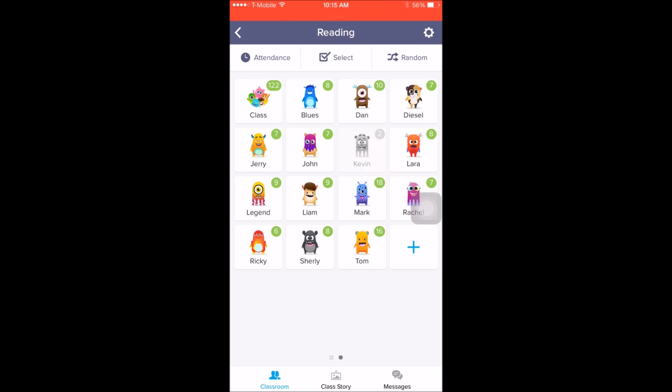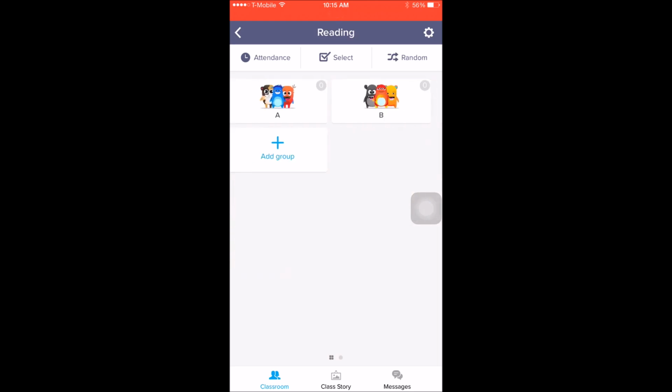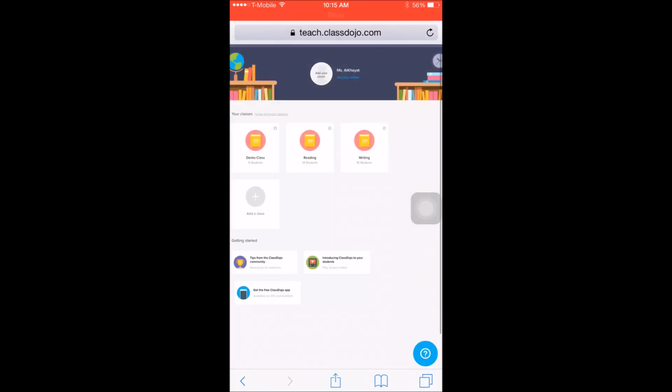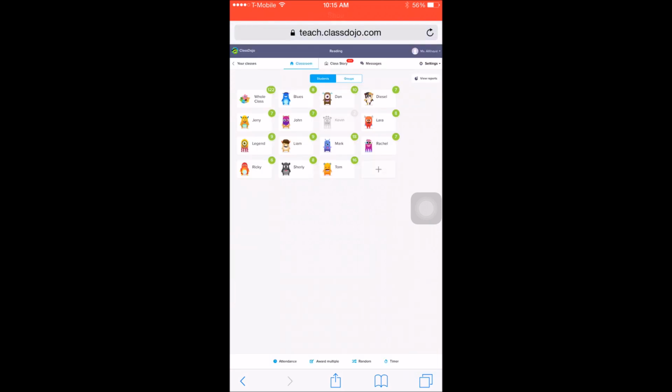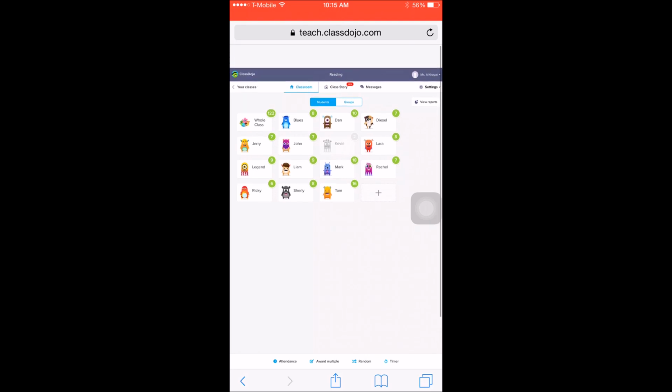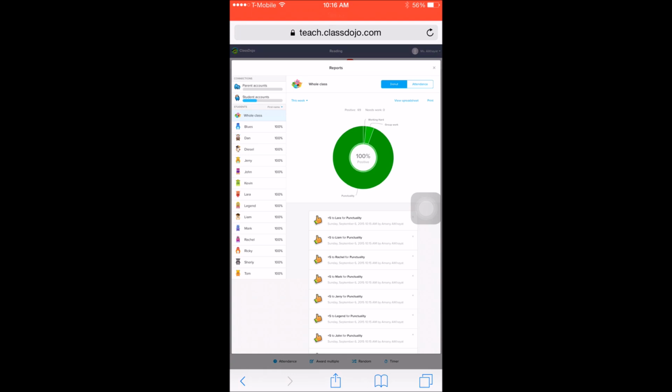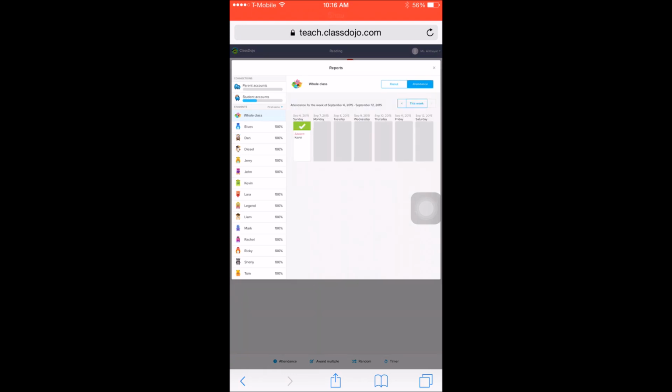But I don't know why the application doesn't show this, but it's available on their website. So let's go to the website, and it has a view report,